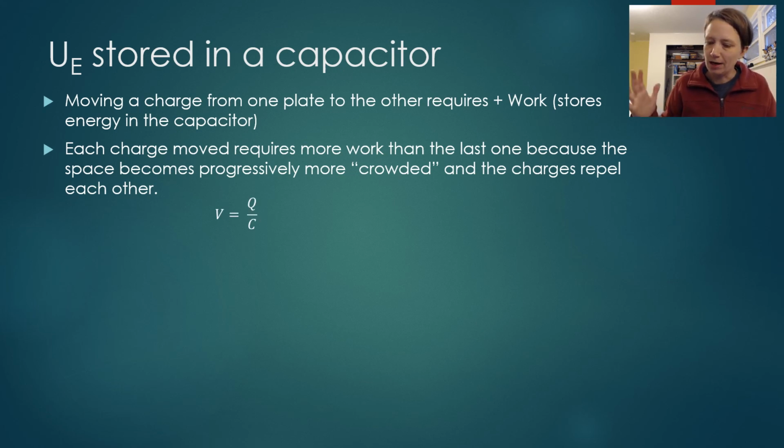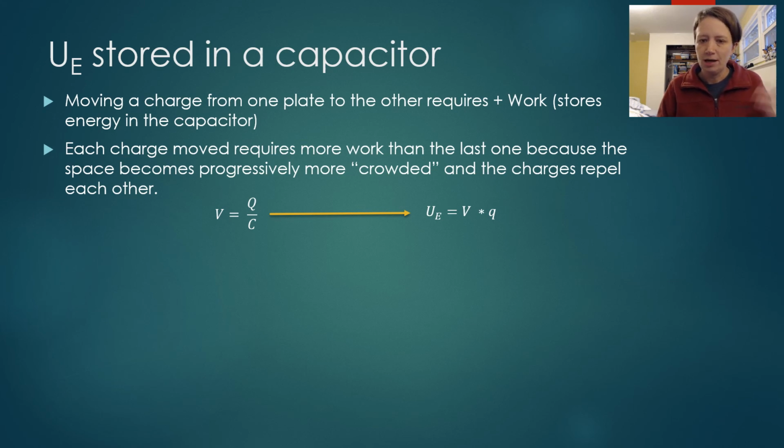This is my basic definition for capacitance. C is Q over V, rearranged to be for V, like they gave you in the equation sheet. We're going to combine that with my definition of electric energy as the voltage times the charge. And we're going to think about this as, instead of changing voltage, we're actually changing the charge, because each time we throw a new electron from one plate to another, that charge is growing by a little bit. So we're basically going to write this in a calculus kind of form